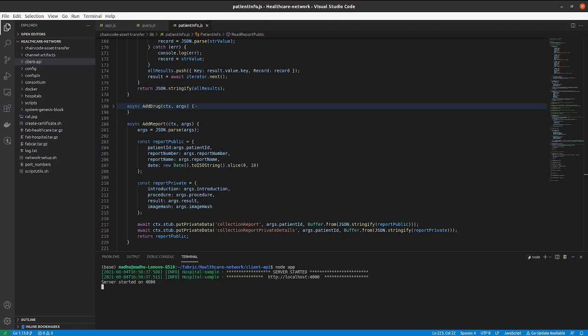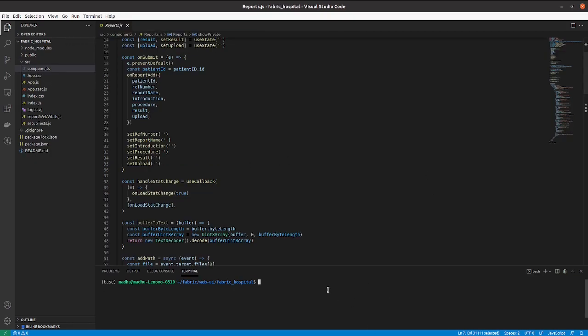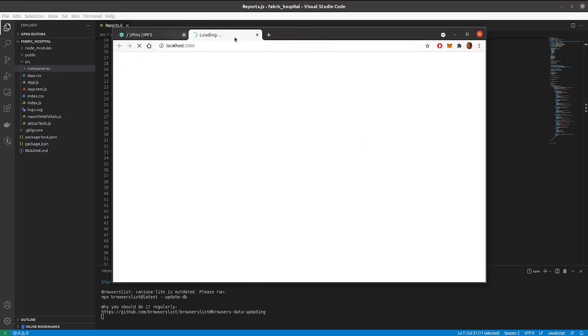The service is started on port number 4000. Let's start the client application. Now we have all the components up and running.